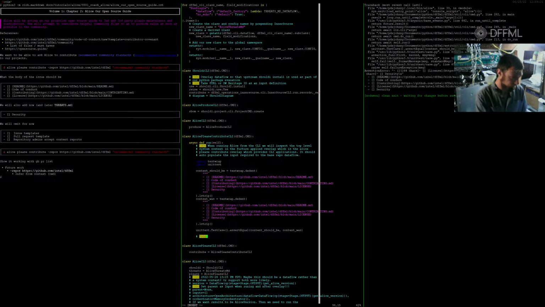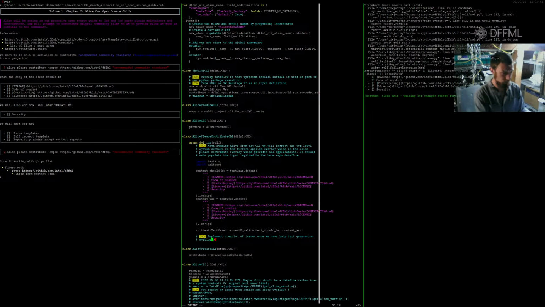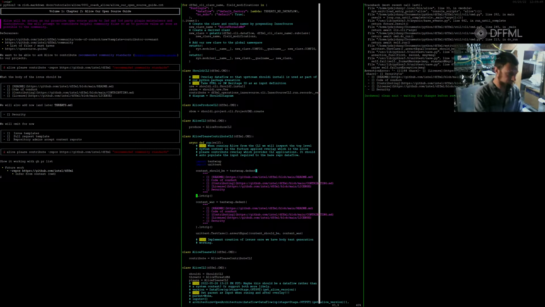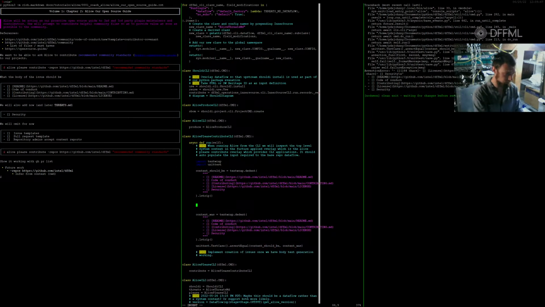So and then down here we'll say TODO: implement post to creation of issues, once we have body text generation working. Okay, so now here we go. We're going to take a data flow approach to this, and we're just going to do a very simple implementation,